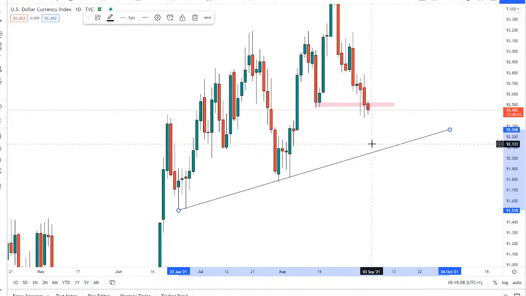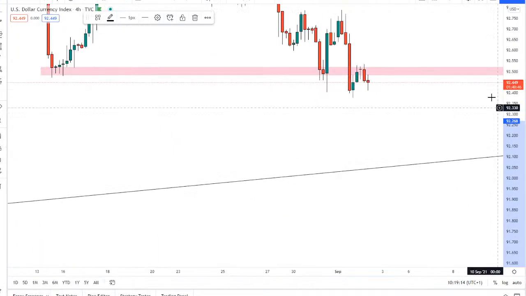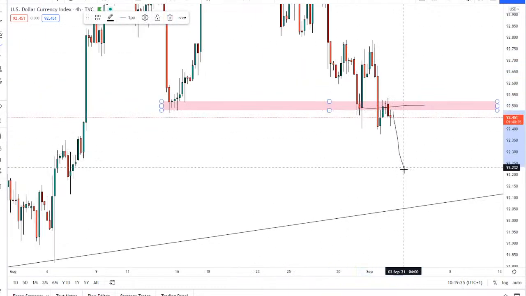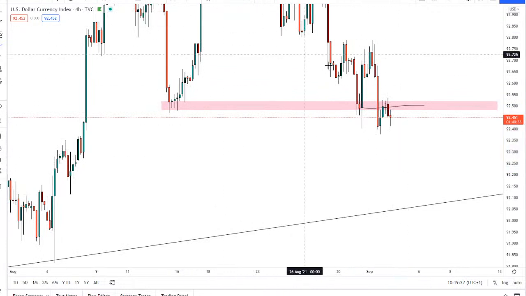Probably cross that bridge if we do break through the trend line, but for now I think the trend line could be the next target for the DXY, because potentially we could easily just get back above this level, use that support and push through. If that's the case, then fair enough. But right now, it's looking like this is resistance, and we might be seeing more DXY weakness, which then